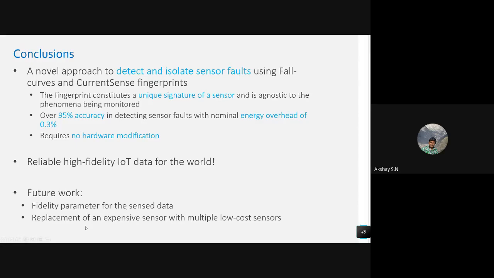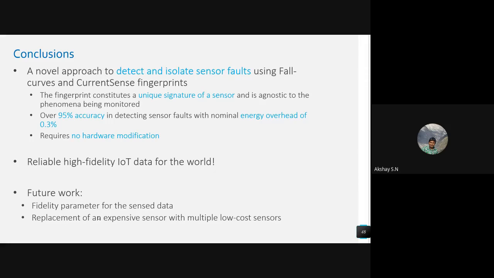And another interesting thing we are trying to do is, as I mentioned, today people resort to expensive sensors because they don't want the sensor to go bad. And if they go bad, then you have to spend more money to send somebody to fix it. One idea is, let's say I am deploying a 10,000 rupees sensor in one location, and let's assume its lifetime is 5 years. Now the question we are trying to answer is, can I replace the 10,000 rupees sensor with 500 rupees sensors, and I just use one 500 rupees sensor at a time, since I now can monitor